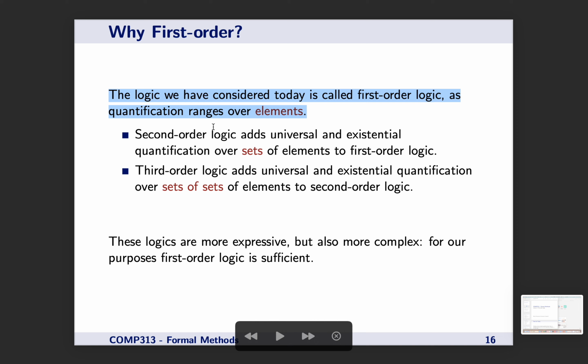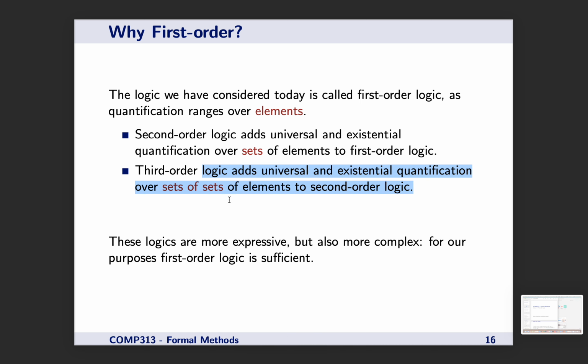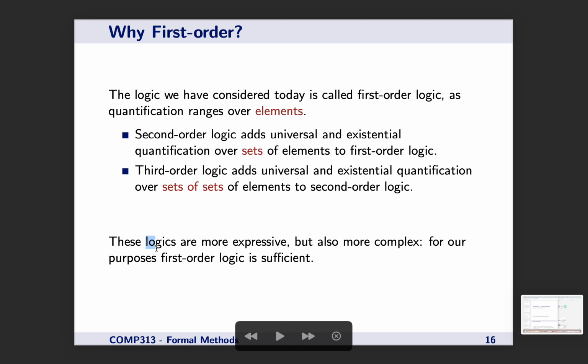First order logic has quantification ranging over elements, second order logic has universal and existential quantification over sets of elements of first order logic, third order logic has universal and existential quantification over sets of sets of elements. 这些 logic are more expressive，也更加复杂。